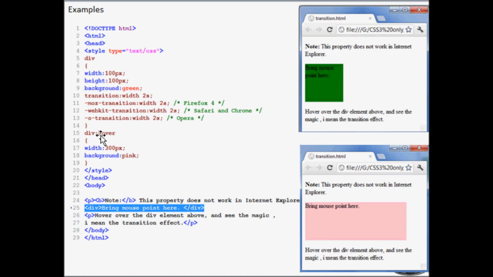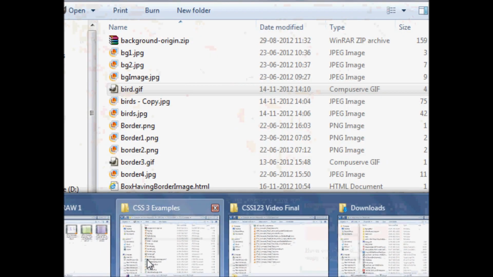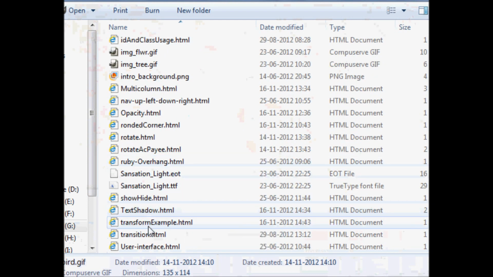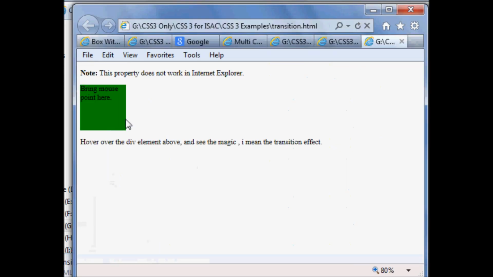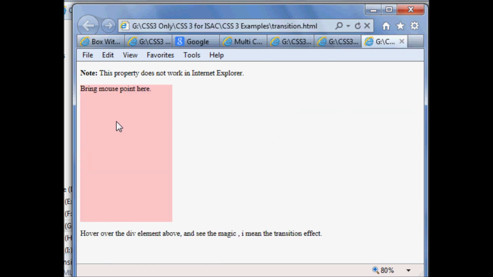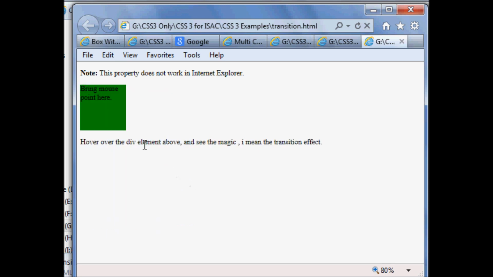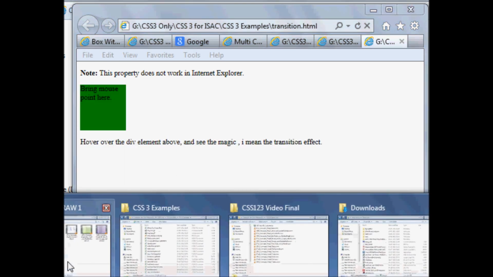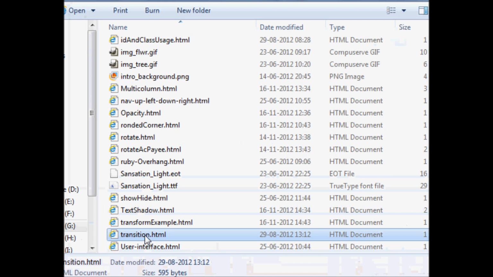And then we have div hover, which means once I bring the mouse on that, it should go to 300 pixels and the background will become pink. Let us open this example. So where is the transition? It is here. Look at this transition. You're not getting a good effect here in Internet Explorer, right? But if I open this in Chrome,